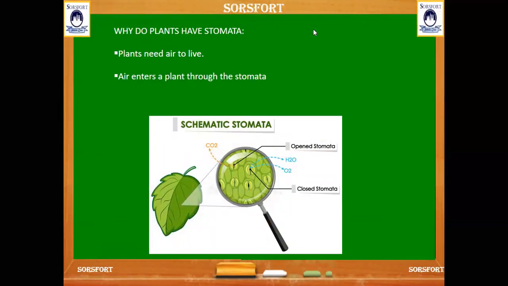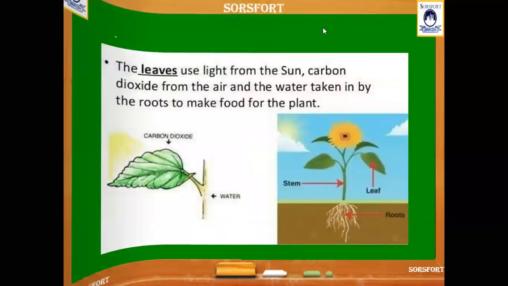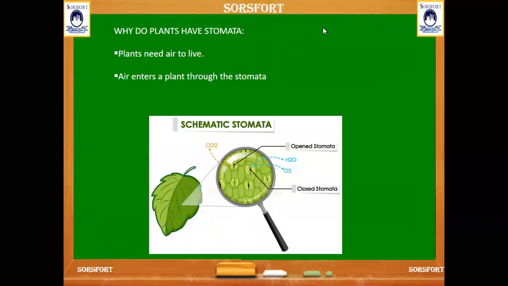And we discussed a few lines about stomata. What is the stomata? The holes in the leaf which take in carbon dioxide and leave out oxygen, that is air, are called stomata. How can we see the stomata? Can we see them through the eyes? No. We should use a microscope to see the hole-like things in the leaf. Those holes we call stomata.